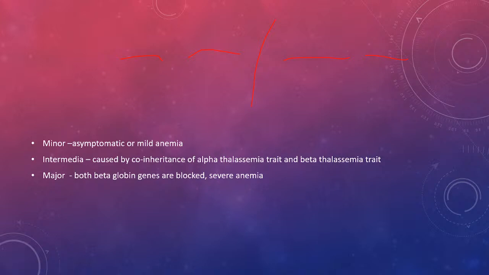But in this case, we have only two genes. And if you have beta thalassemia minor, you're going to have only two genes. So what is the difference? Beta thalassemia minor, you have a deletion with only one. All right? Beta thalassemia minor. But for beta thalassemia major, you basically have nothing on your beta gene pool.